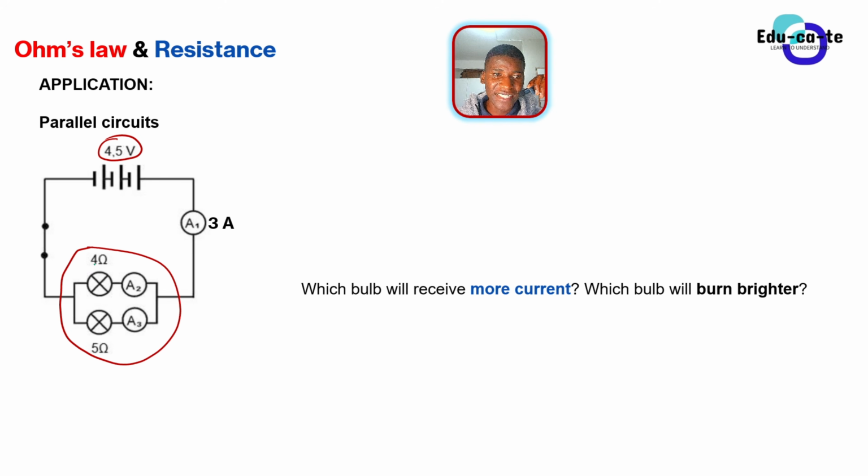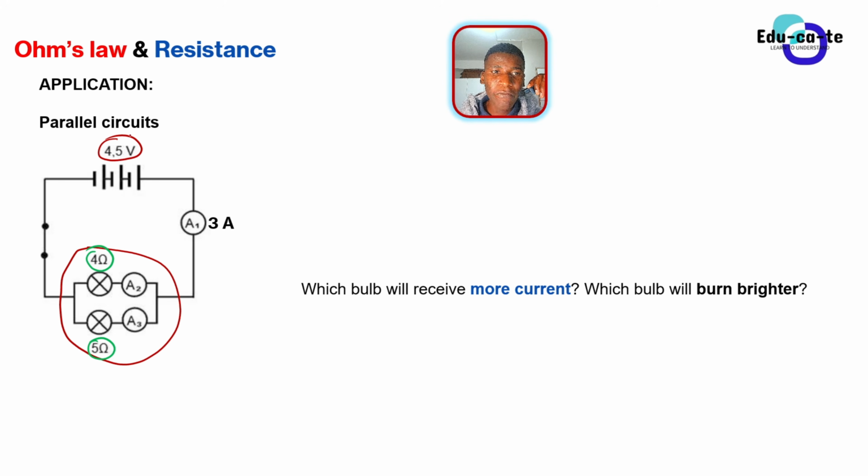So they're actually resistors in a sense. They resist current flow. Here, the first bulb has got a 4 ohms resistance. Then the second bulb has got a 5 ohms resistance. They are connected in parallel to one another because you can see that they are not receiving the same current. Current is divided amongst them. So basically, remember, we said that the voltage across parallel components will be the same. The voltage is equal when you've got parallel components.